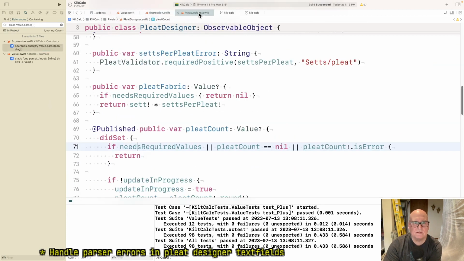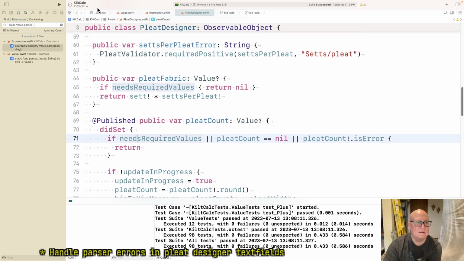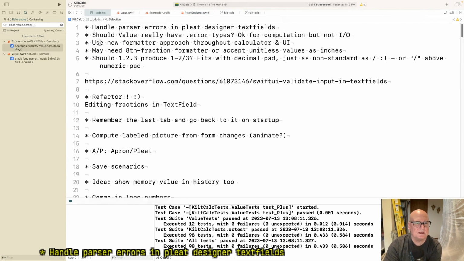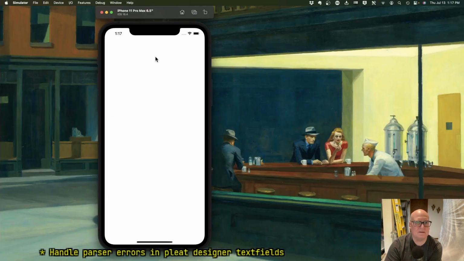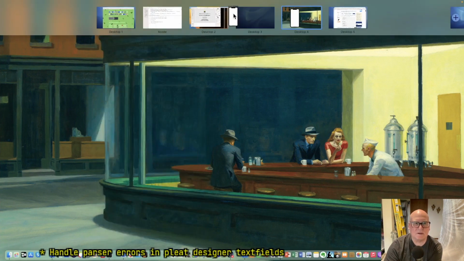Okay, let's check out PleatDesigner. Let's check out our to-do. What are we supposed to be doing? Handle parse errors. Oh yeah, we were doing this error stuff. Okay, it comes back. Let's do a run. Okay, and this I can squeeze onto our window.